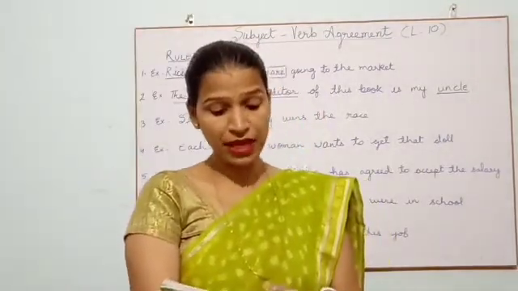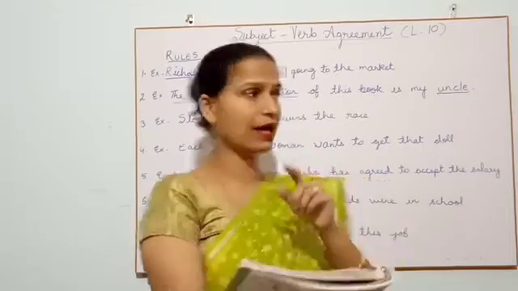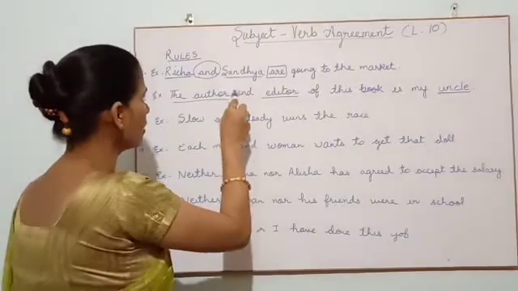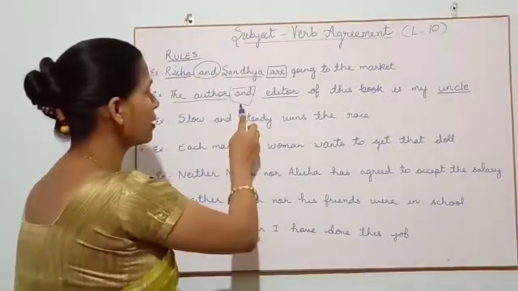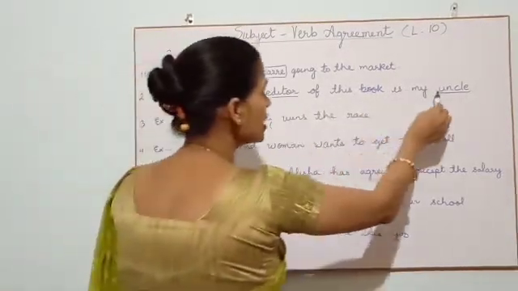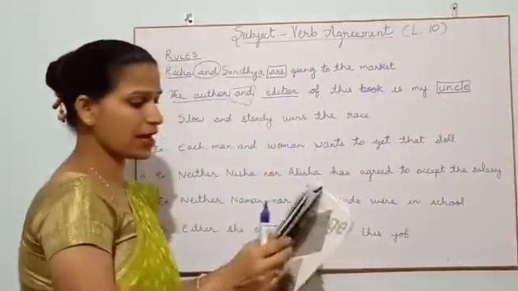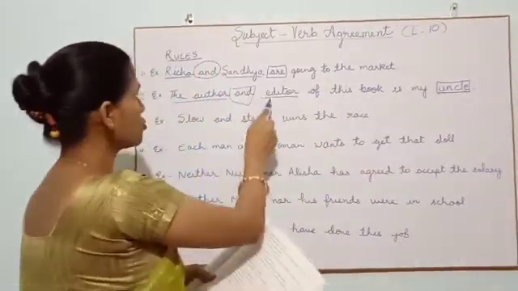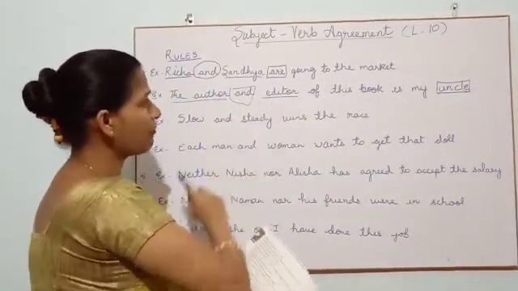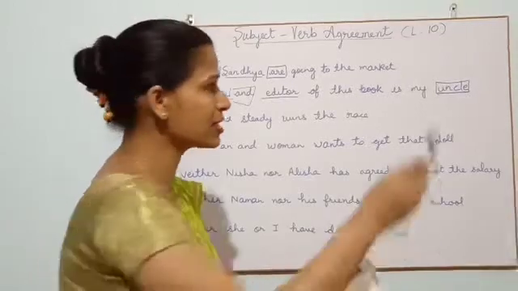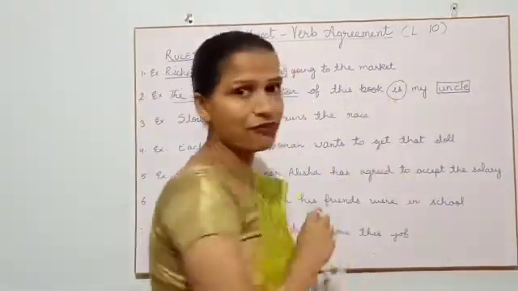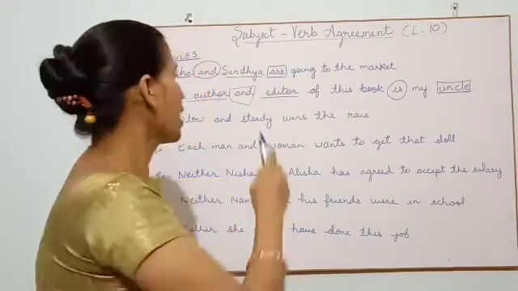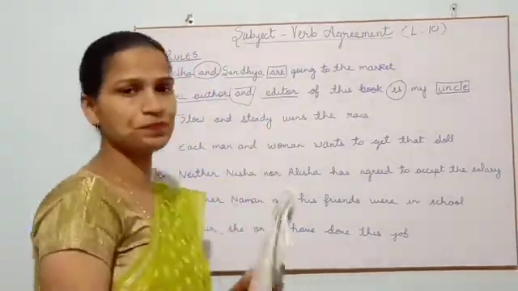It says when two nouns are joined by and, two nouns, author and editor, joined by and, what are they referring to? They are referring to the same person or a thing. Here we have a person. So what type of verb will you have with it? You can see we have taken is with it. It means we have taken a singular verb with it. Now we have our third rule.